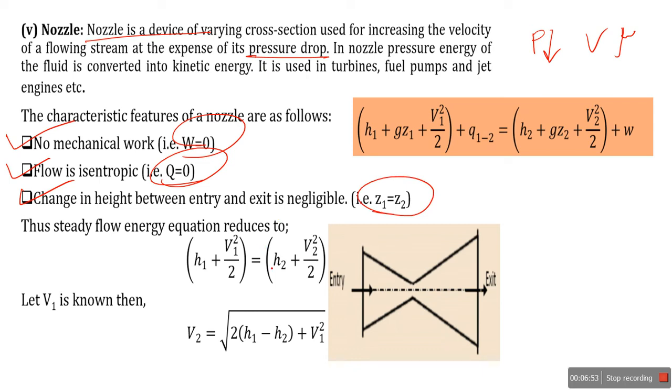Okay, when you apply, if you consider some V1 is there, the relation is like that. If you assume V1 is 0, then just only this relation. Then for nozzle,